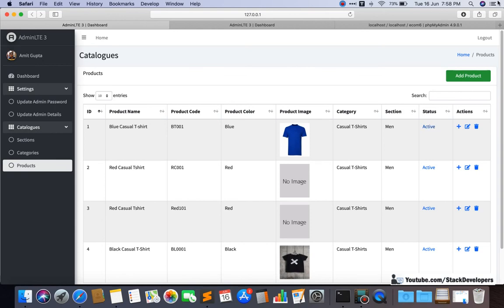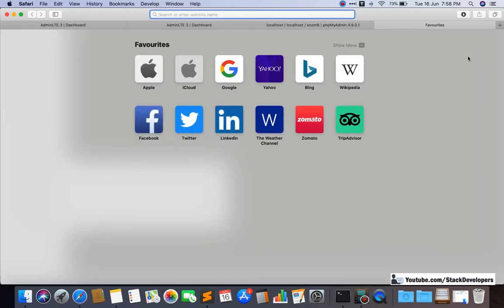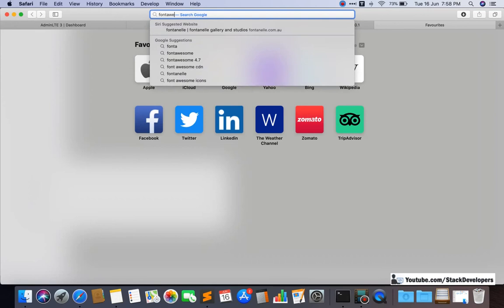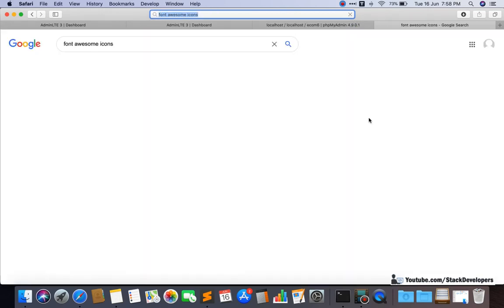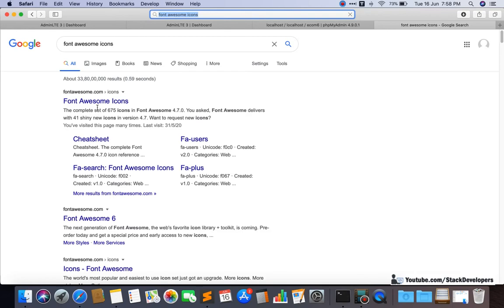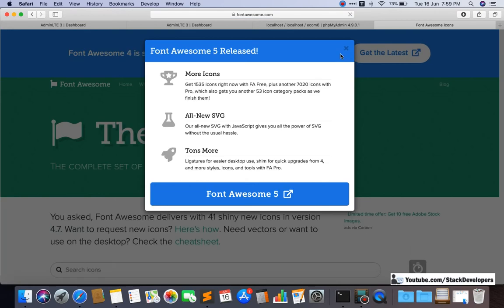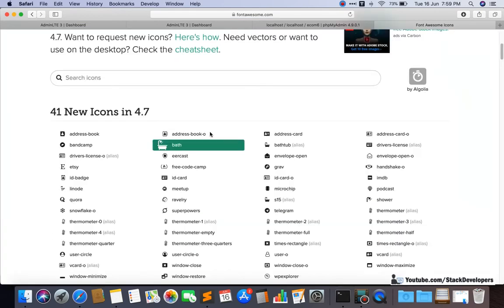For active inactive we can also search in Font Awesome, and if we get some good active inactive icons, then we can use them and that will look really good. So we can search for active inactive icons here.